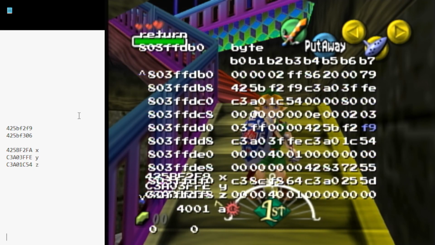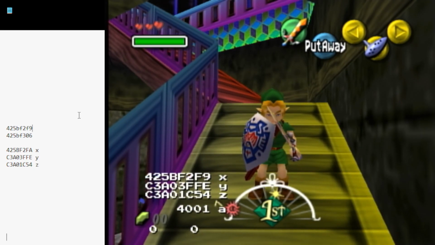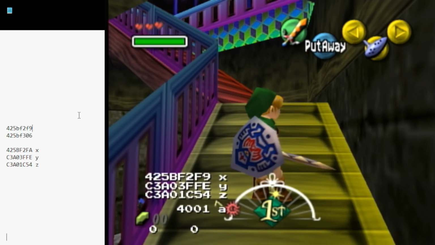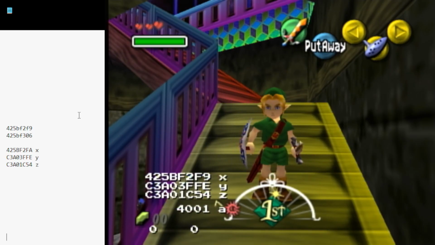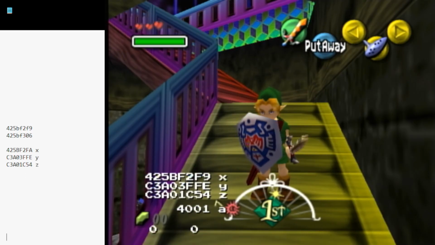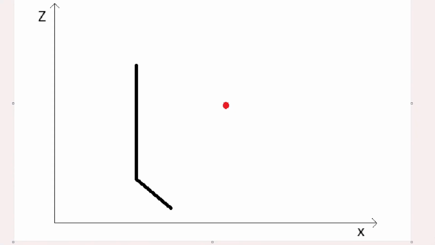So now things are going to be a little bit more complicated, because we need to find X and Z position with one setup so that we end up with both coordinates correctly. And to demonstrate how that is done, of course, only works with a paint diagram. So let's say we have a top-down view here on the floor where we want to do our setup, and this red dot here is the position that we want to get. And we have a wall here that is perpendicular to the Z-axis, and we have another wall here that is not perpendicular to any axis, but it is good enough to get a corner here